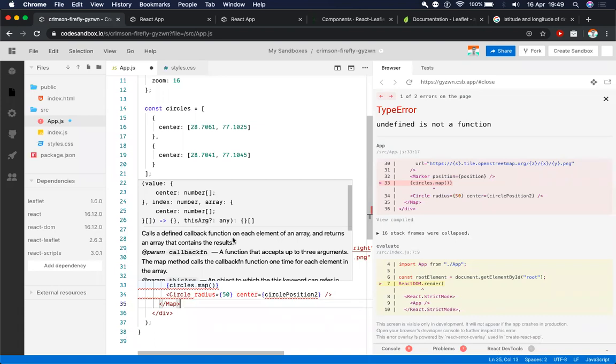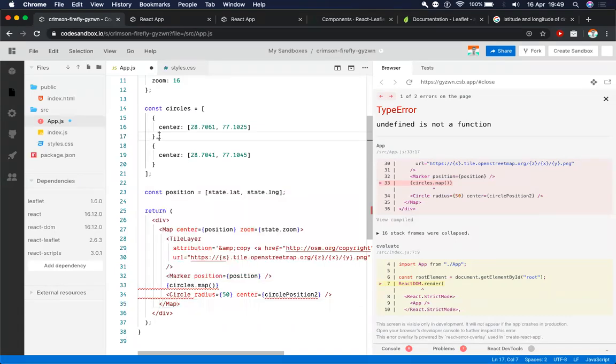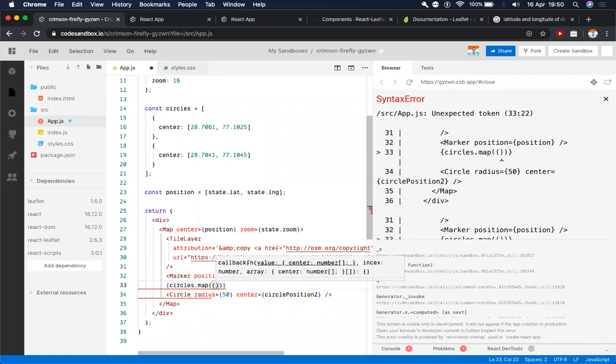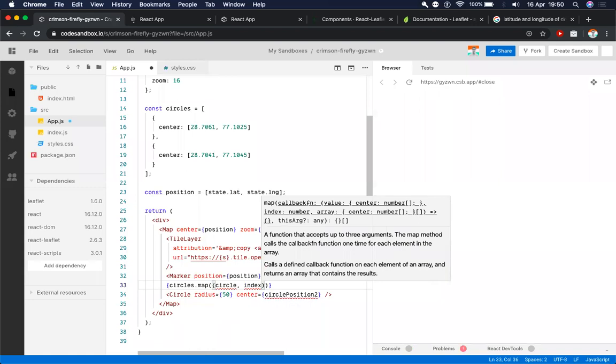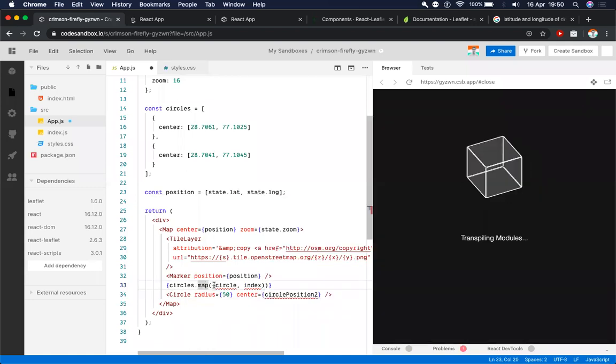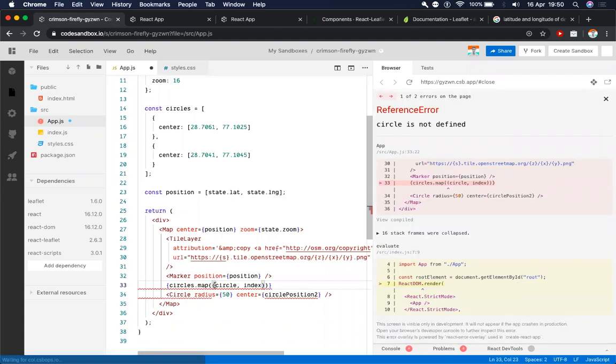So basically what we will be doing is iterating over each element in this array, and while iterating over each element, we'll be creating a new array which will have individual elements based on what we need. The map function takes a callback function as a parameter, which has two parameters: the individual element itself, which is our circle here, and the index of the element.